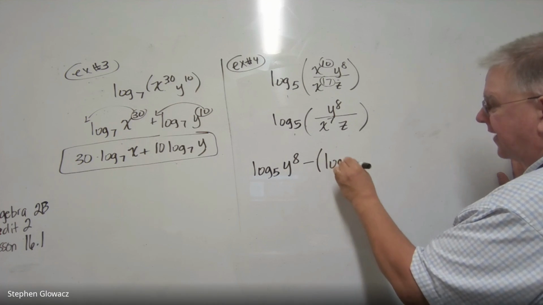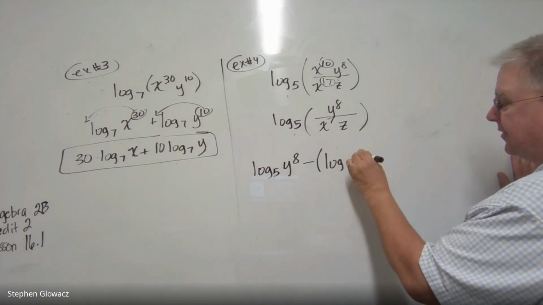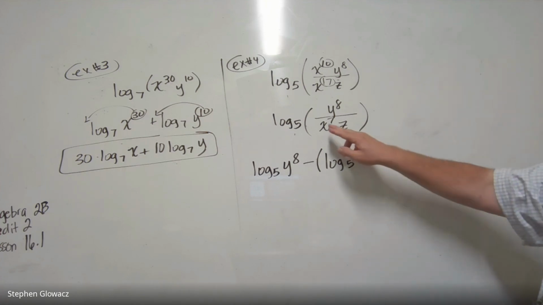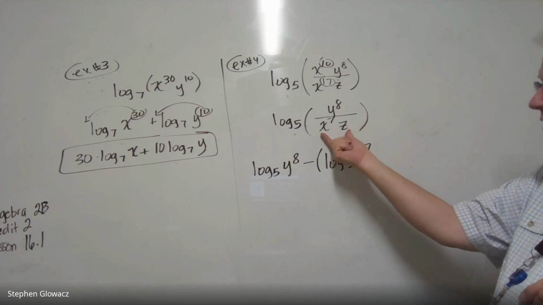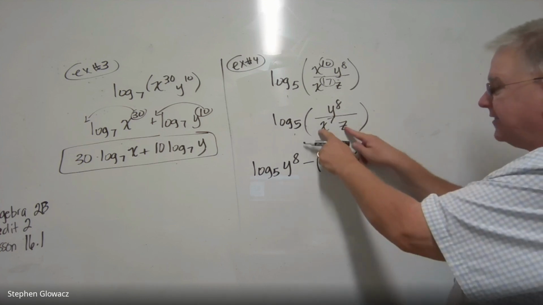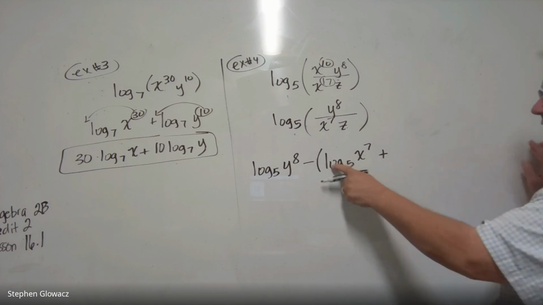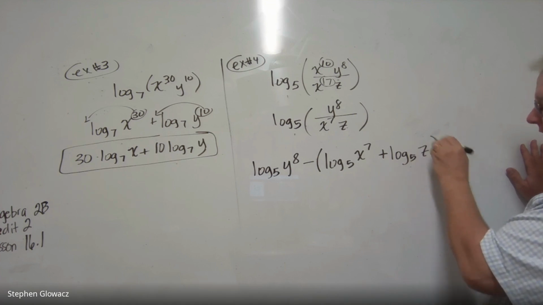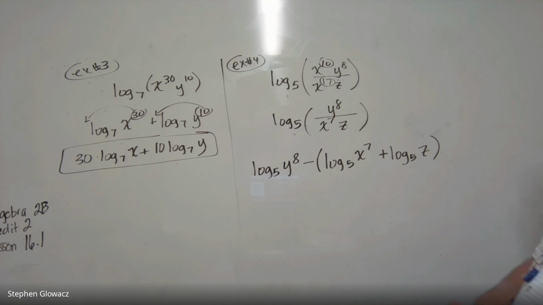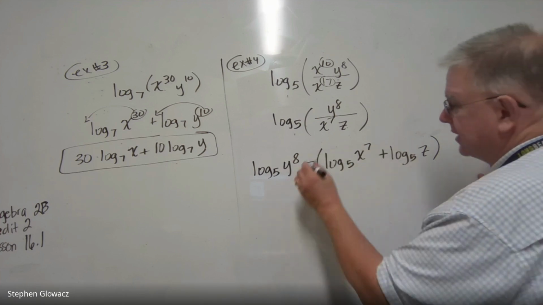So we have log base 5 of x to the 7th. And now that's being multiplied by z. So within the denominator, we have multiplication, so we're going to be adding these 2 logarithms together. So log base 5 of x to the 7th plus log base 5 of z, or z to the 1st, which is z. Now, so that's the expansion. Again, you might want to pause the video, rewind it to study it, make sure you got a good understanding of it. So now what we're going to do, before we deal with the exponents, is distribute